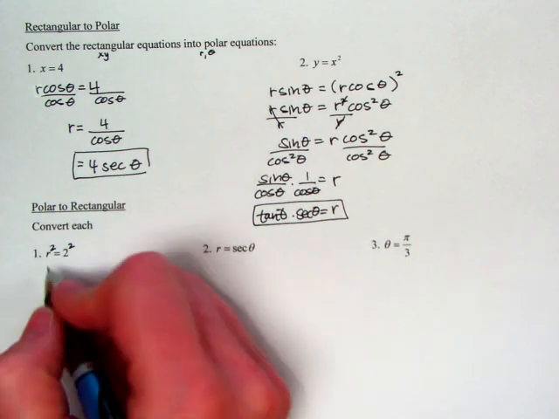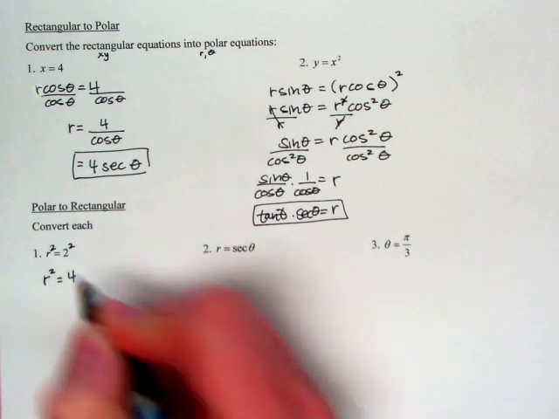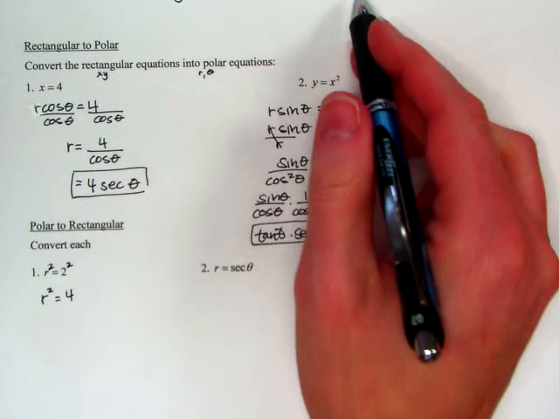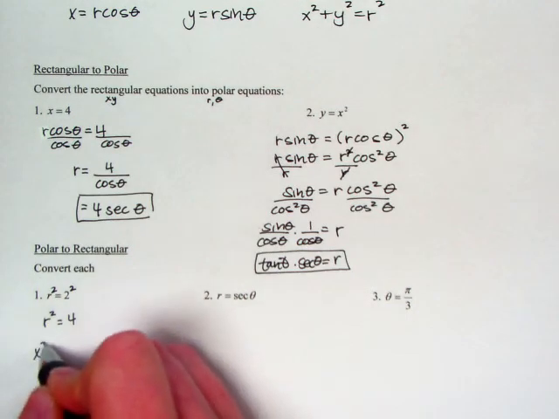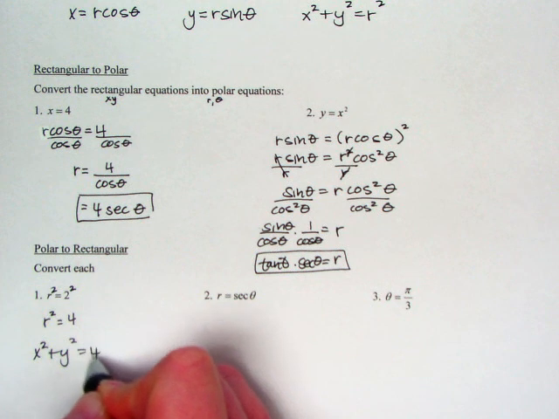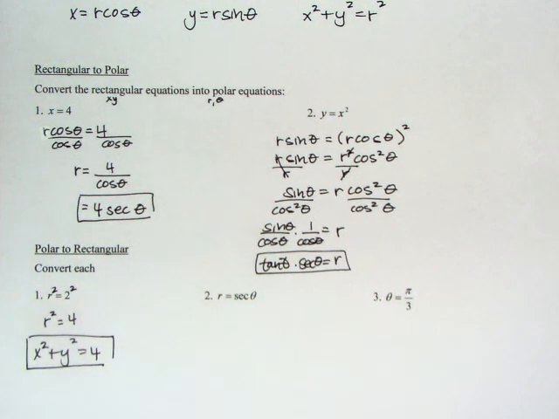So now I've got r squared equals 4, and I know what r squared is equal to. That's equal to x squared plus y squared. So I'm going to substitute that and make it x squared plus y squared equals 4, which is just the equation for a circle. So that's pretty awesome. Next one says r equals secant theta, and it's kind of going to be the reverse